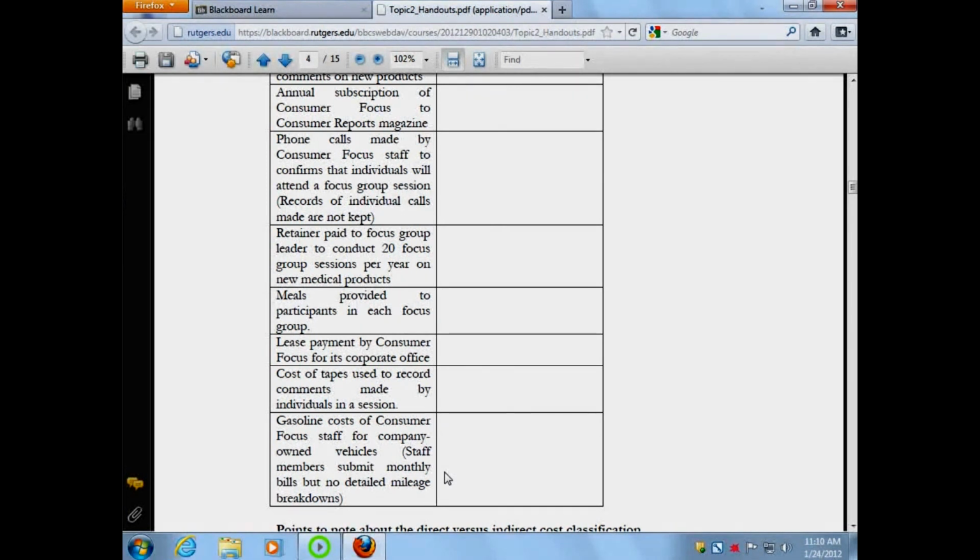Okay, the second point that I want to make: if you look at the definition of direct and indirect that's given on your handout, let's look at the definition. The direct costs of a cost object are related to the cost object. That's what we have here first. They can be traced to the cost object in an economically feasible way. But the indirect cost cannot be traced to the cost object in an economically feasible way. What does economically feasible mean?